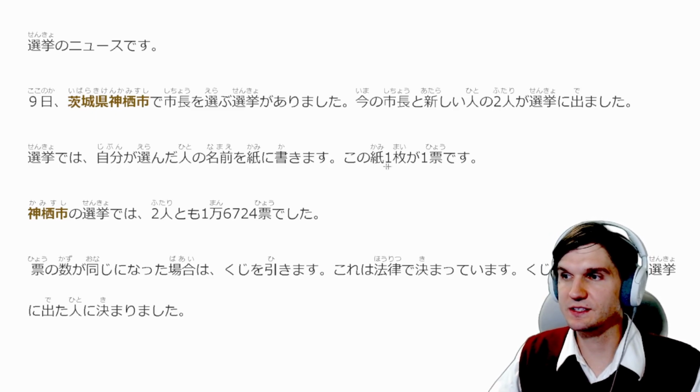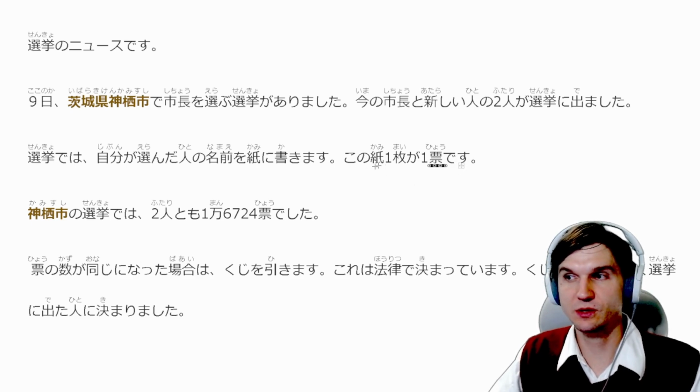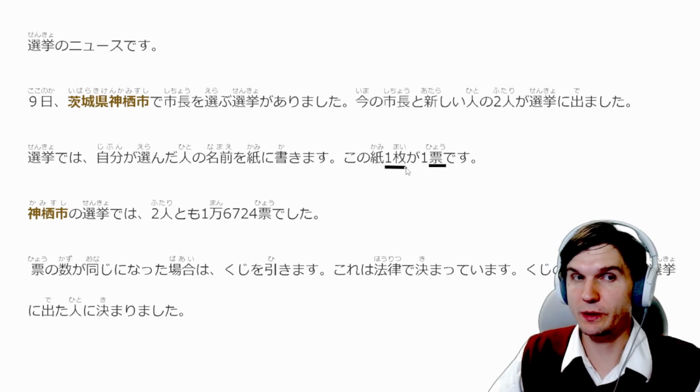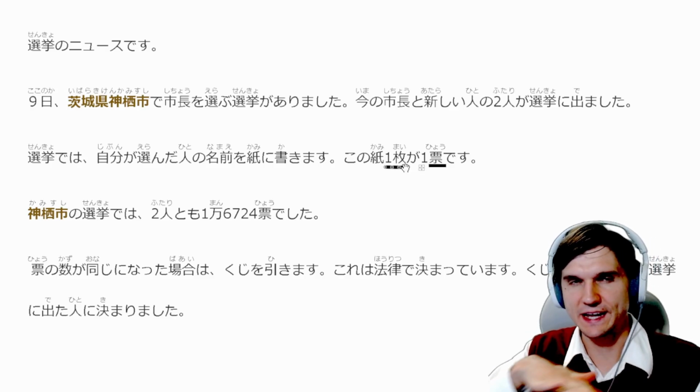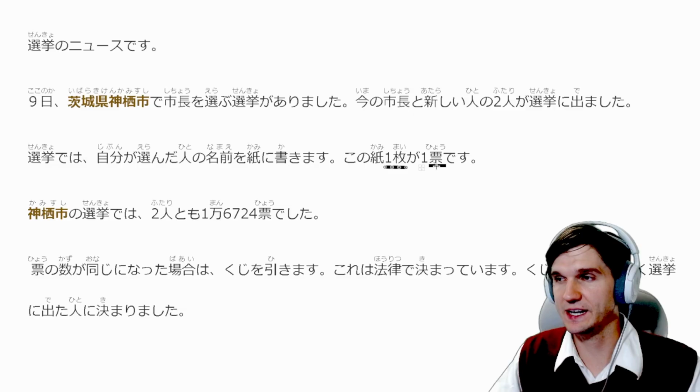この紙1枚が1票です。So here we have 票 as our counter, which is one vote. And then 紙, so この紙 would be this paper. 1枚, this single paper. A paper is a flat object, so we count with 枚 here. So this one single paper is one vote. この紙1枚が1票です。